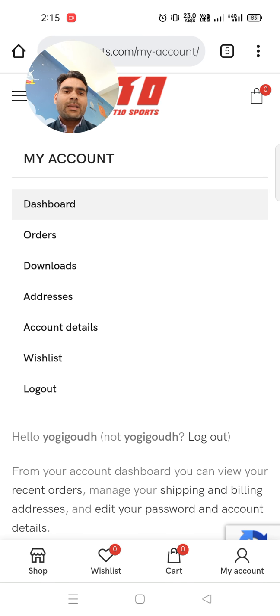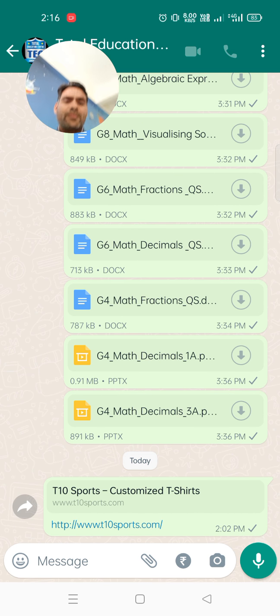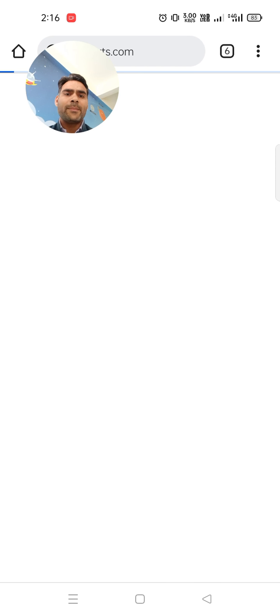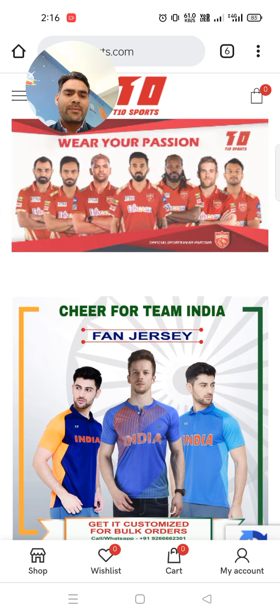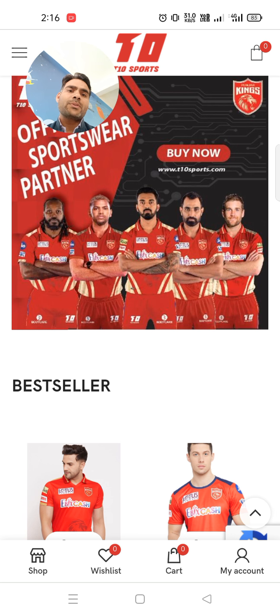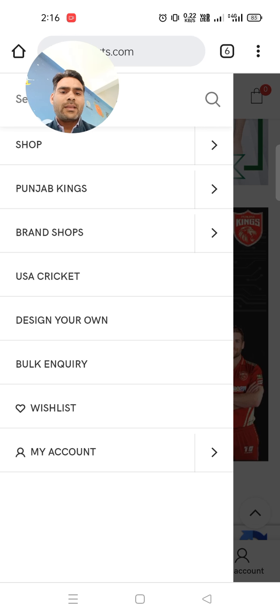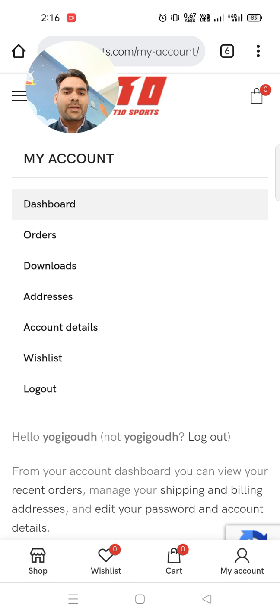Now again you can go to the same link in the WhatsApp group and click on that link again. You come to the same page as earlier, t10sports.com. Here you can go to the login page, or, since I already logged in, it comes directly.